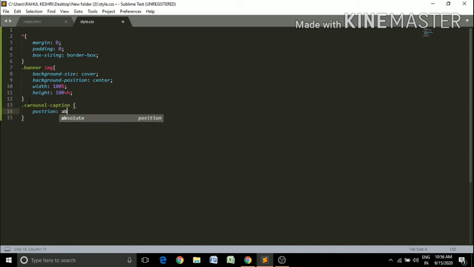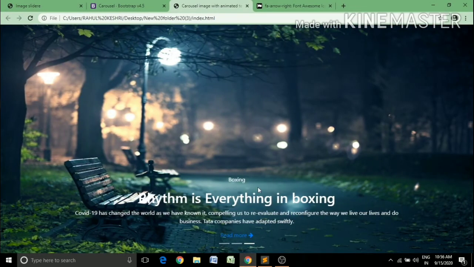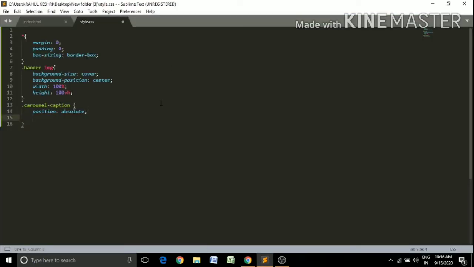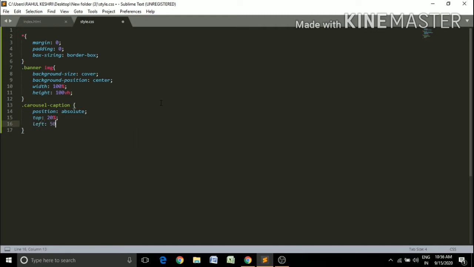position absolute, because this caption is at the center, so we will have to bring it to the left, like this. Okay, so top 15%, no, top 20%, and left 50 pixel.